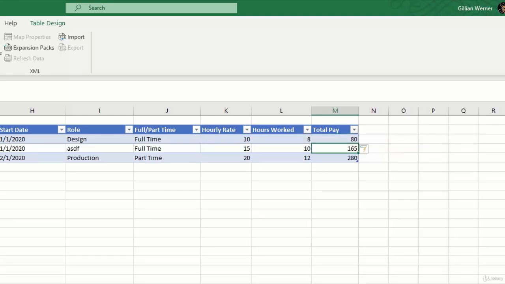And hit enter. And we can see this person only worked 8 hours, so they're not getting any overtime pay. It's just 10 times 8, which is 80. But this person did work extra hours. They worked 2 extra hours. So when we look at their hourly rate, we can notice they're actually making a little bit more than just 10 times 15. They're making extra pay to account for those extra hours that they worked. And the same with this person. And if I come back through and I change this to say 10, we can see their pay will adjust